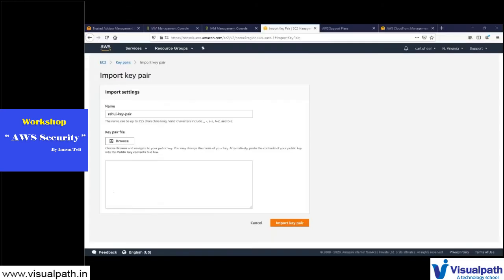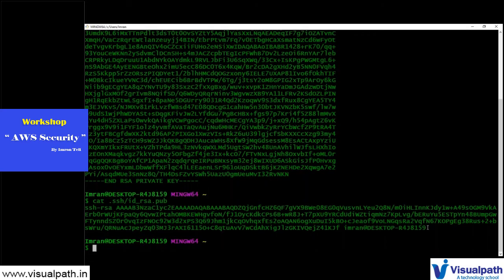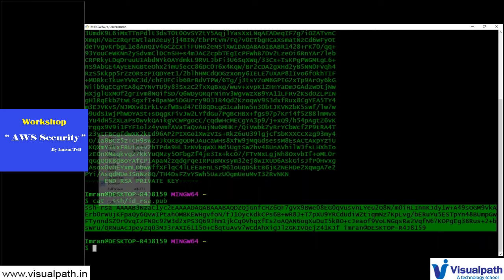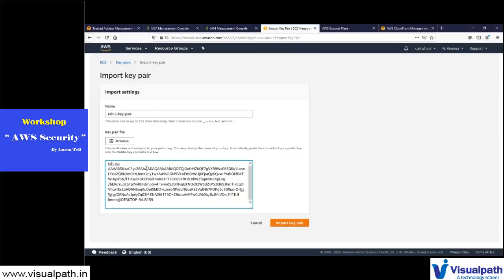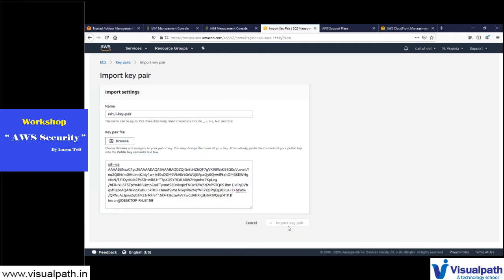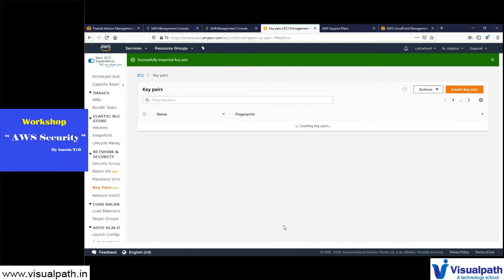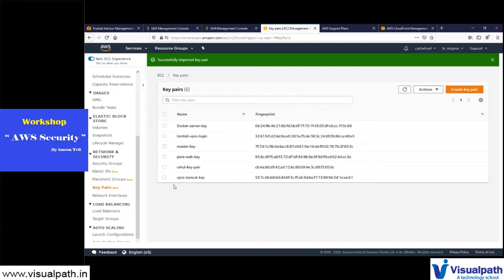So once you generate the key pair, copy it, paste it here. Control V. All right. So as it is, make sure there are no extra spaces. Import key pair. And if it doesn't work, you can do it again, right? And yeah, that's it. You have the key pair.